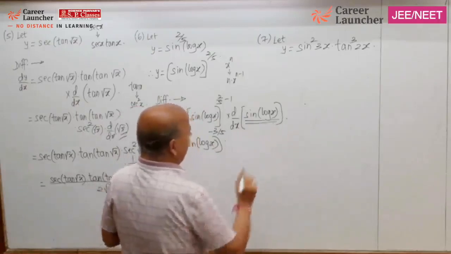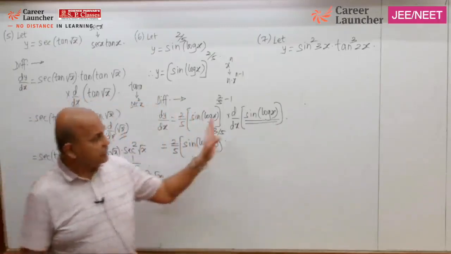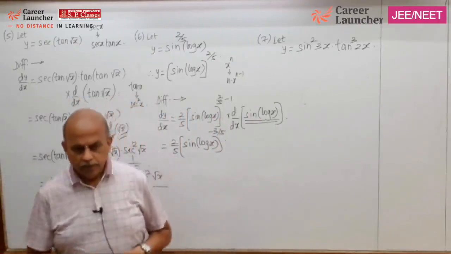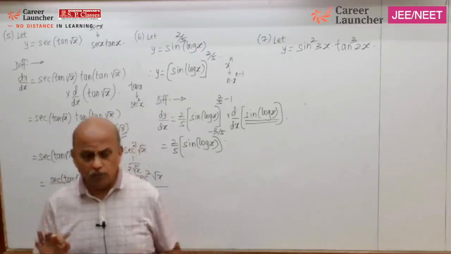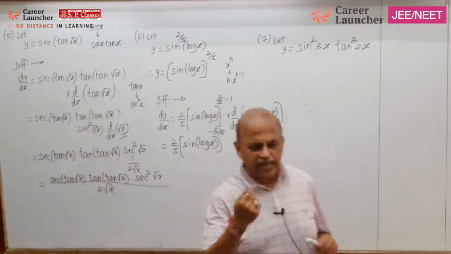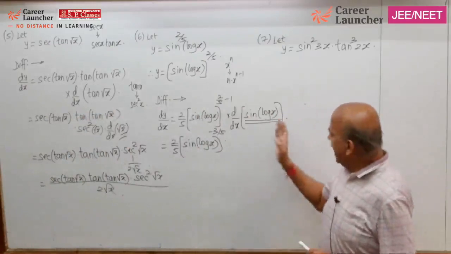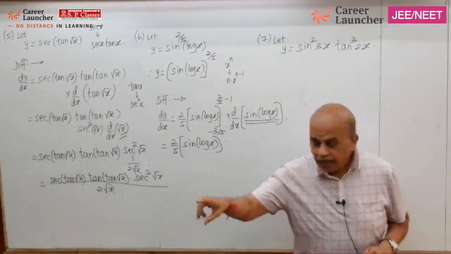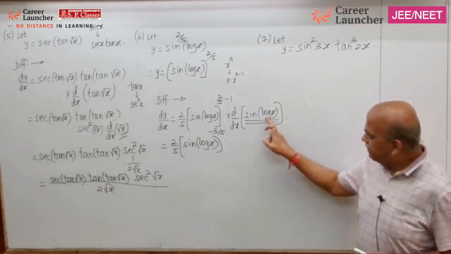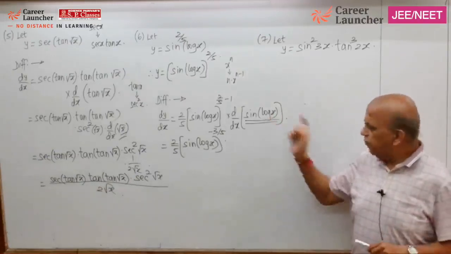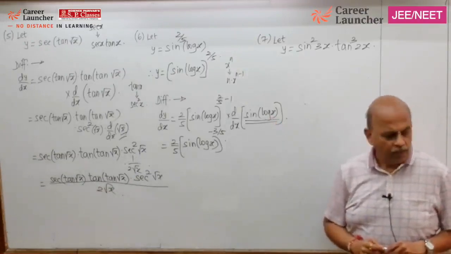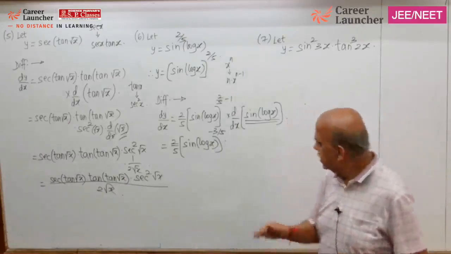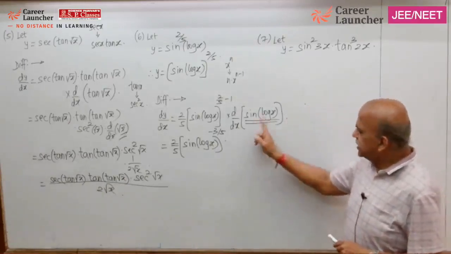Into, now this is sine of log x. Come on, you are going to tell me, sine of log x, once again chain rule will be used. See, we have to take the decision when, how, whether to use the chain rule or not. Is there a direct formula for sine of log x? Not in the list. There is a formula for sin x, meaning in place of x in sin x we have got what? Log x, which is a composite part. Chain rule has to be used. What is the formula for sin x? Cos x. Correct? The derivative of sin x is cos x.